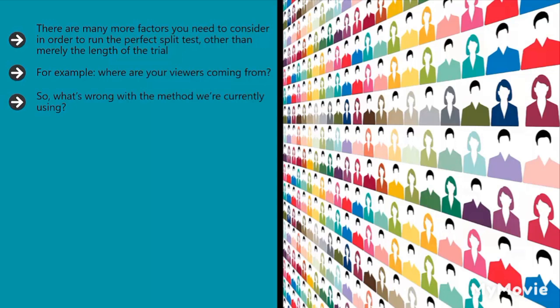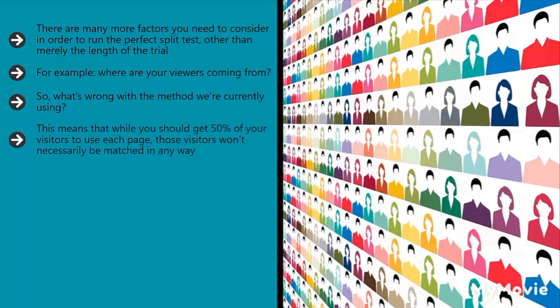So, what's wrong with the method we're currently using? Well, if you use the redirect method described earlier in this training, then you'll essentially be sending visitors to one of two websites based on completely random chance. It's effectively a coin toss. This means that while you should get 50% of your visitors to use each page, those visitors won't necessarily be matched in any way. Pure chance might mean that everyone from Asia ends up on one version of your website, while everyone from the US ends up on another. This can skew your results again, owing to cultural differences. Similarly, time zone, type of device, and much more can all also